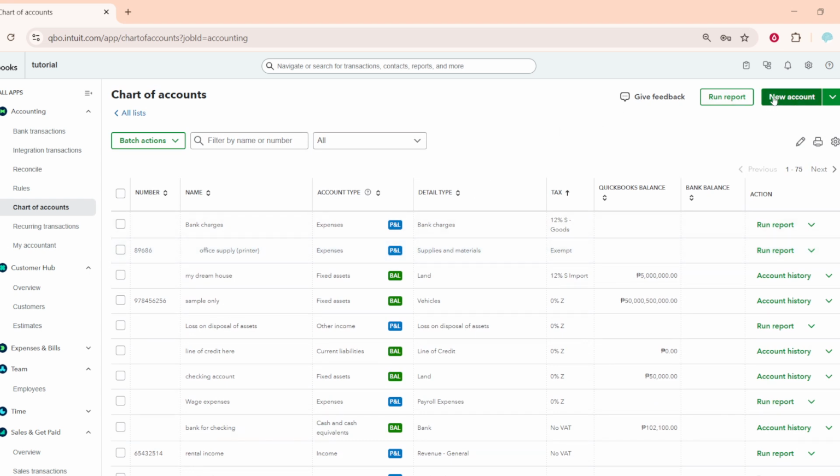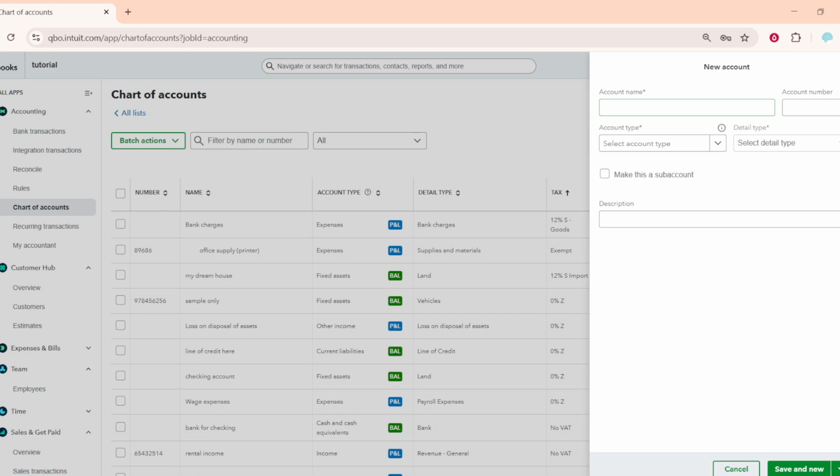Choose the correct account type and detail type to match what the account actually is. Give it a clear, recognizable name so it's easy to find later. Then click Save and Close. Picking the right type is important because it affects where the account appears on reports and how it behaves in